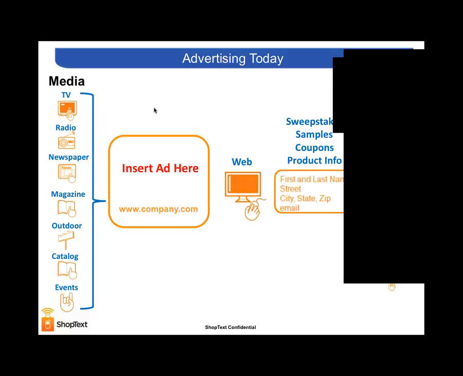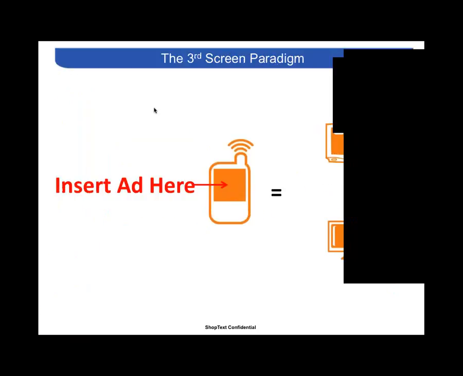Fulfillment in the sampling and sweepstakes world is hitting a database for your sweepstakes, sending off a sample from your fulfillment center, coupons actually being mailed or printed at home, and then brochures for new product information, whether they're PDF'd or physically mailed. So offline media drives somebody online.